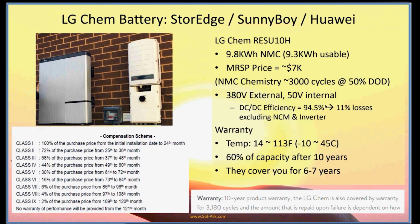So I admire LG for being honest about their lithium and how long it will really last. In some places they mention that their warranty covers about 3,180 cycles, which is very close to this 3,000 cycles. However, they count a cycle as even a 10% discharge. But anyway, they provide a 10-year warranty, and the capacity of this battery will have 60% of its remaining capacity